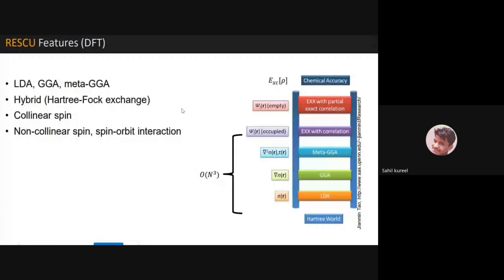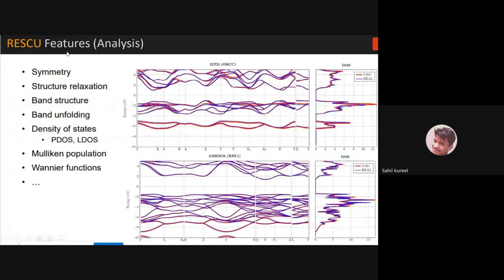We have several features: LDA, hybrid, collinear, non-collinear. You can see the accuracies, partial exchange correlations, meta-GGA, which are generally the exchange correlations. We have features for analysis: symmetry, structure relaxations, band structure, band unfolding, density of states, Multi-can calculations, populations, linear functions. That type of results, and after the analysis part, we can see